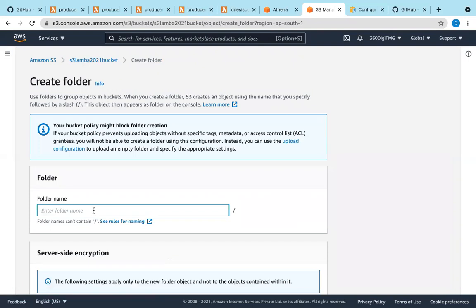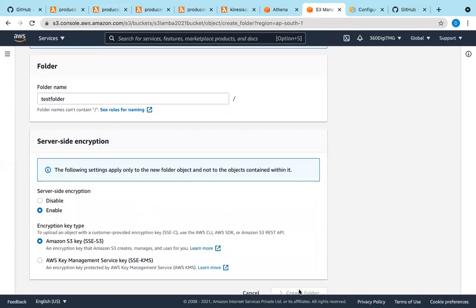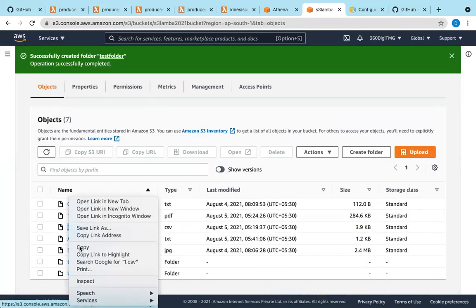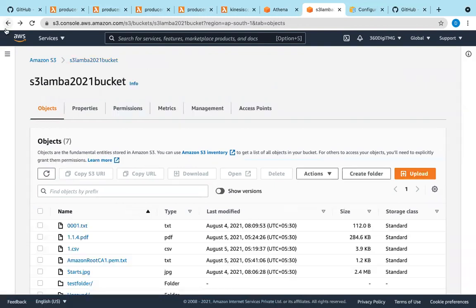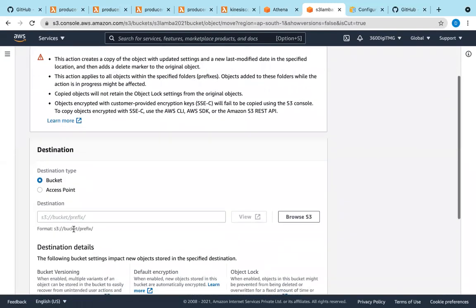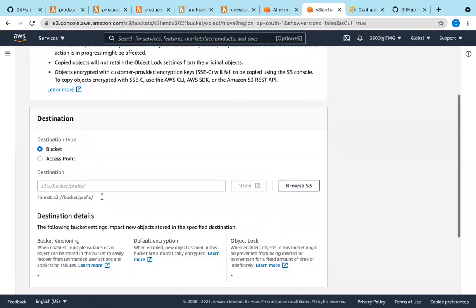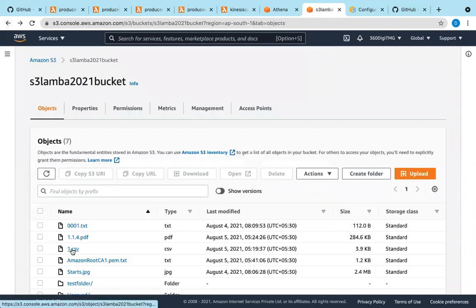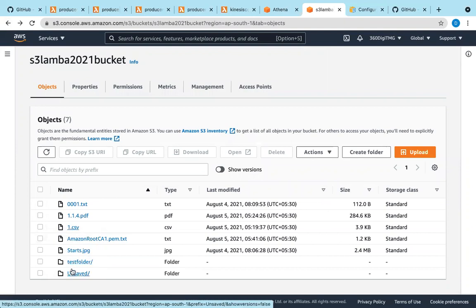Create folder. Say test folder. Test folder, and copy this and drag and drop to test folder.